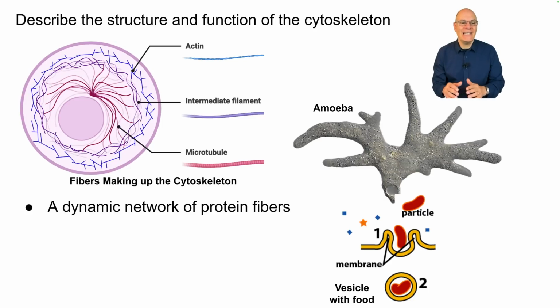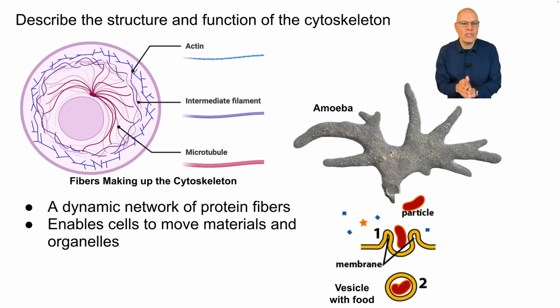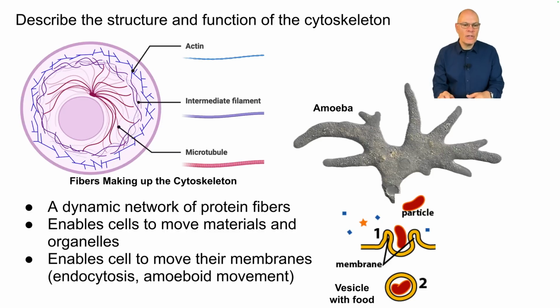The cytoskeleton is a dynamic network of protein fibers, and those fibers make up the bones, the skeleton of the cell. In the same way as our skeleton, our bones, working with muscles enables us to move, the cytoskeleton is a dynamic network that enables the cell to move both internally, so it enables cells to move materials and organelles within themselves, and it also enables the cell to move their membrane so that they can do things like endocytosis, where cells can engulf things by moving their membrane,